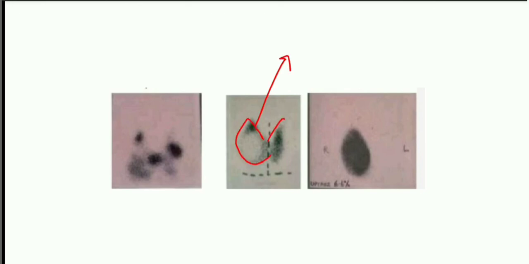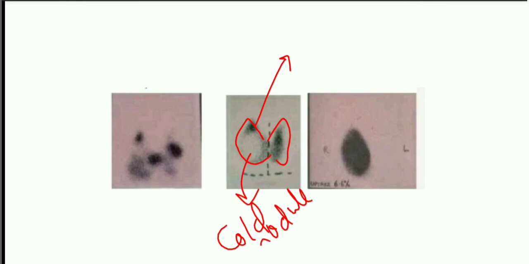So in this picture, you can see the thyroid. This is the thyroid gland. All the area has taken it up evenly except for this area, which is pale. So this is a cold nodule. Now here you cannot differentiate the thyroid gland, and one area is highly dark, so that is a hot nodule. Okay,